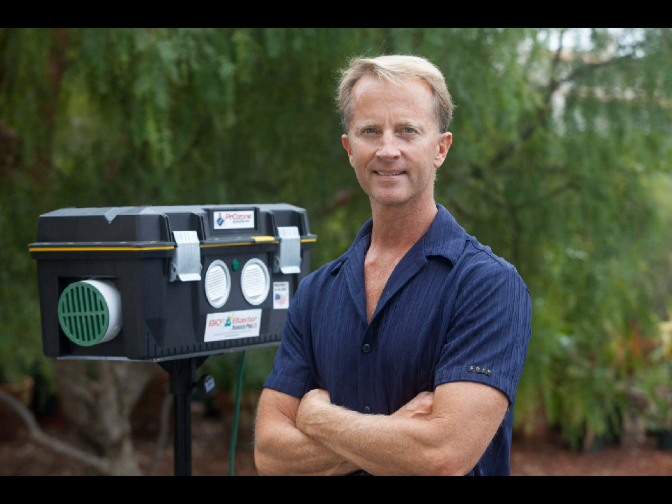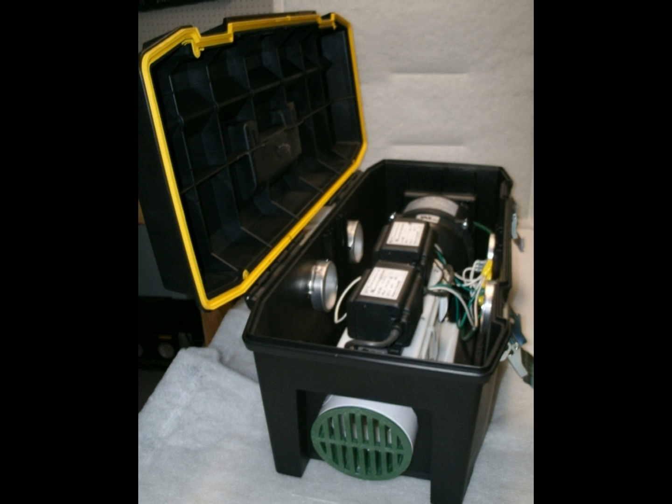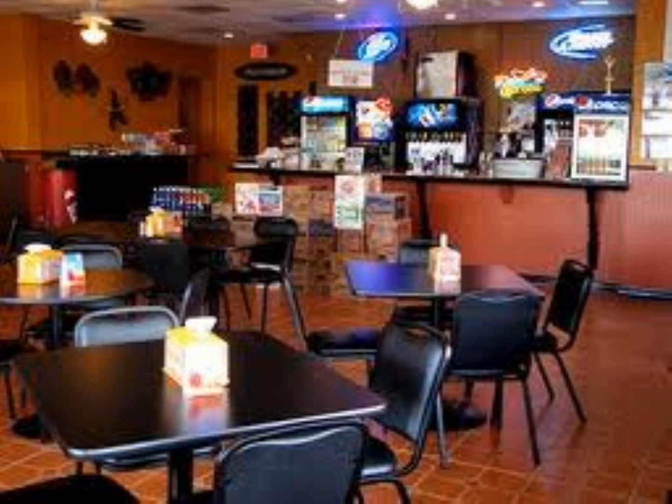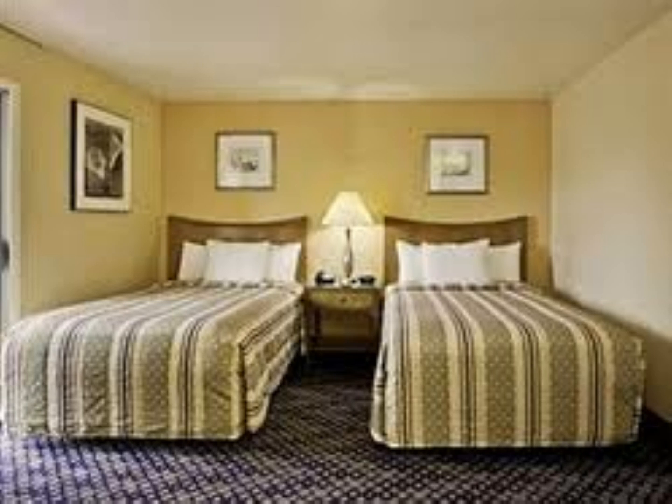It's such a high output machine that it's able to produce such a high concentration of ozone in such a short period of time that it's able to really deodorize the room as we need it to be for our guests, what they expect, so that we don't have to have the machine in there for a long period of time. So, from a productivity standpoint, it does enhance our ability to get a lot of rooms ozoned in a very short period of time, and then have those rooms turned over and be able to be rented